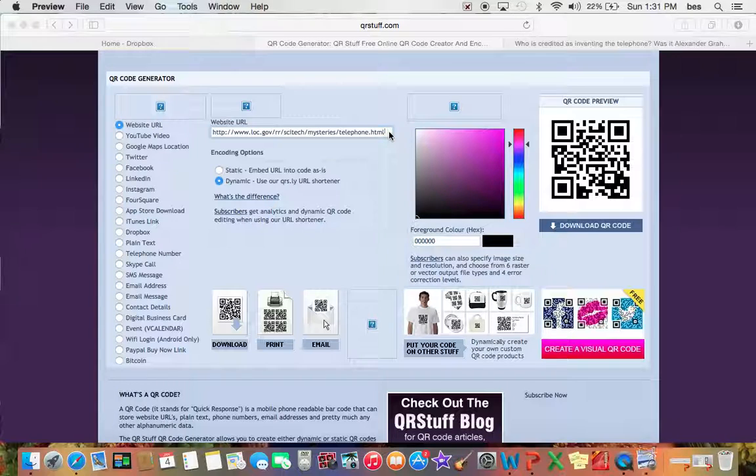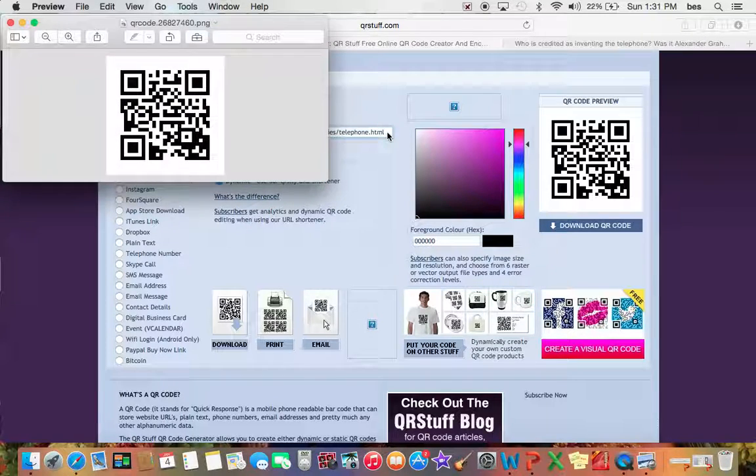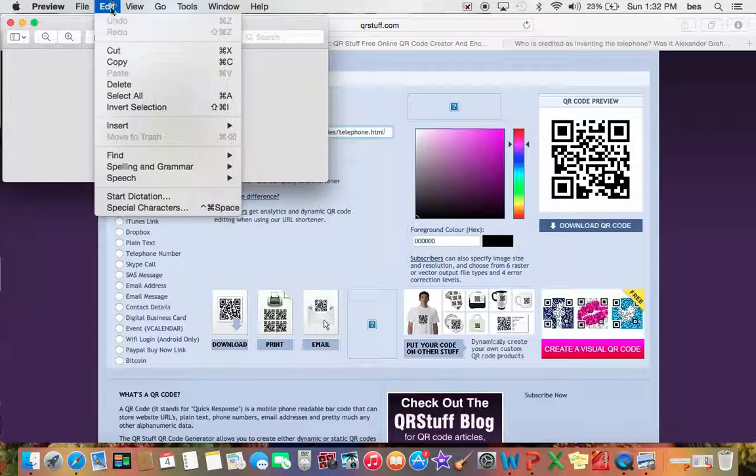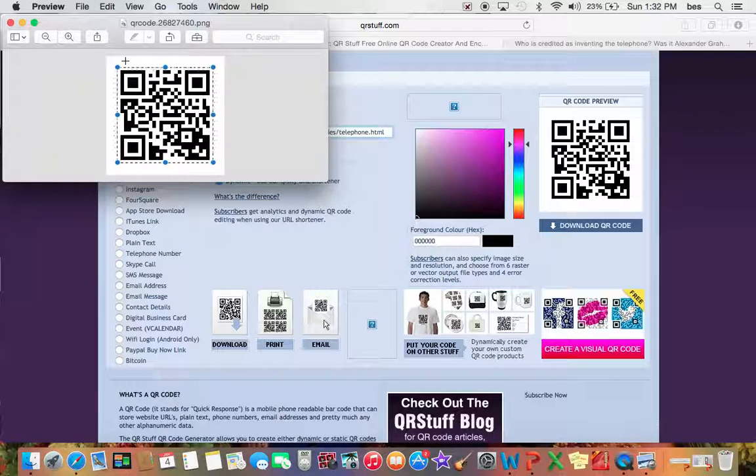But on my older computer, my personal one, that doesn't happen. See how it pops up automatically? I have to go to the right side and push download and then open that file up off my computer. But if this pops up for you, you'll notice you have a plus sign. You can take it to the very corner here and you can click and drag down, and everything in this highlighted dotted box, you can now copy that. So you could copy it and put it into a document. You can copy it by coming up here and pushing copy, or you can do your Command C to copy it,